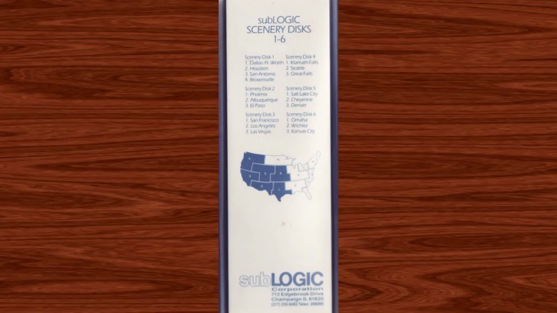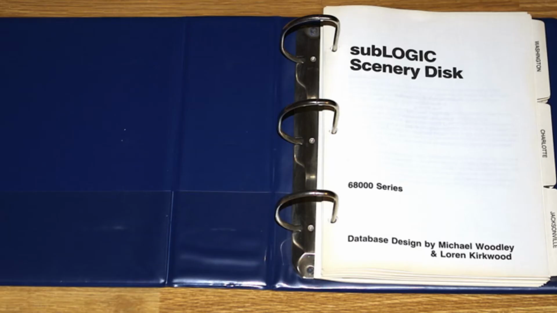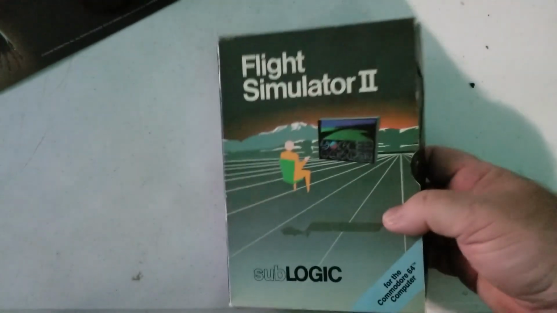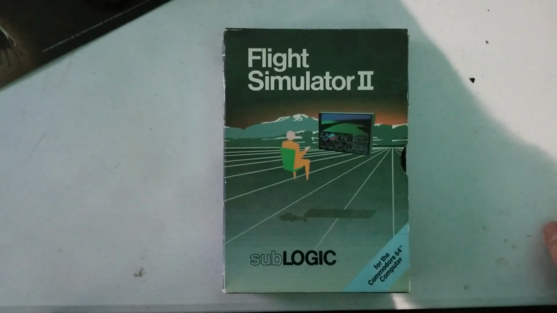Back in the day, I had the awesome SubLogic Western United States set, which came with a blue binder with room to add the other scenery discs at the back. This blue binder is a very rare find. If you're a collector and manage to find one, don't waste any time picking it up, and then let me know about it. Flight Simulator II for the Commodore 64 is where I learned all of my navigation and flying